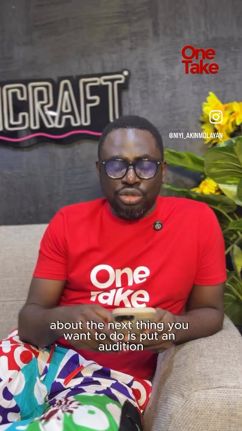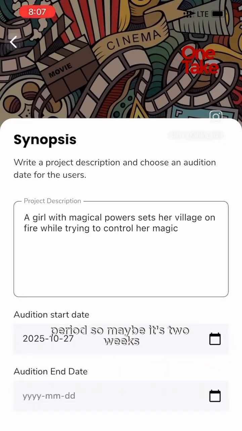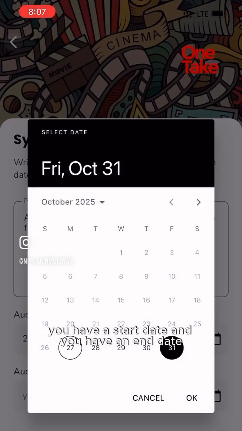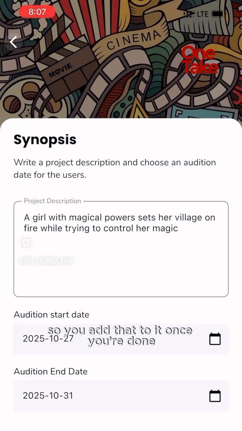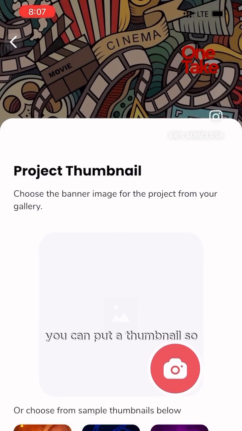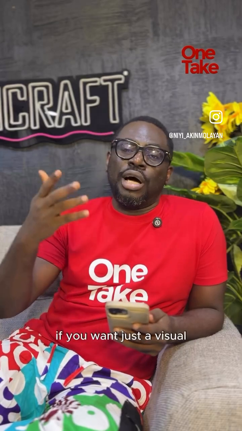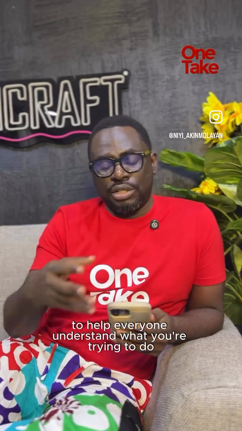The next thing you want to do is put an audition period. So maybe it's 2 weeks. You have a start date and you have an end date. So you add that to it. Once you're done, you can put a thumbnail. So if you want just a visual to help everyone understand what you're trying to do, you can add a